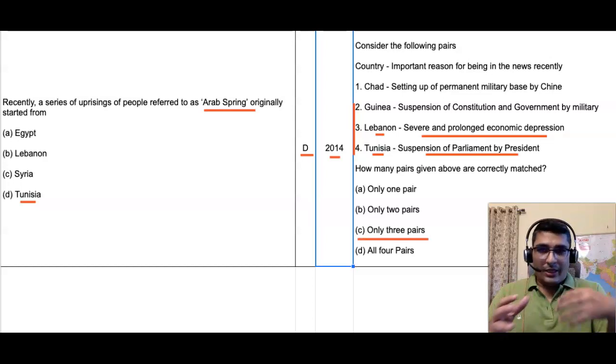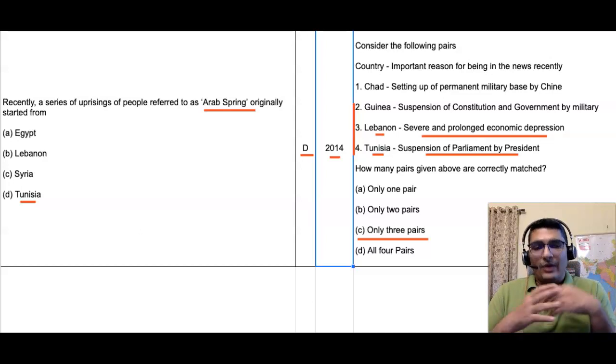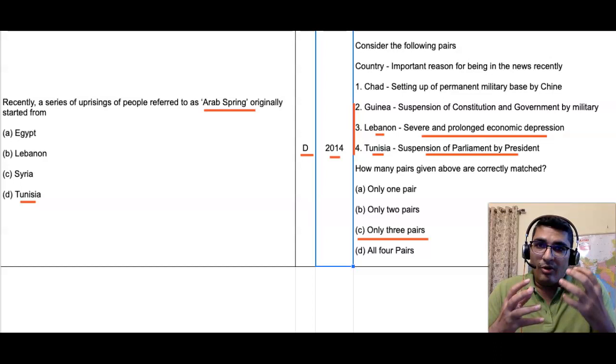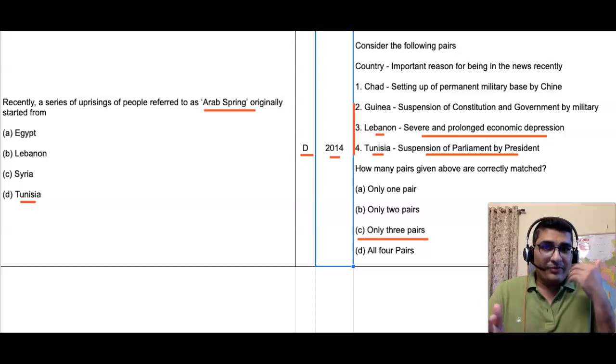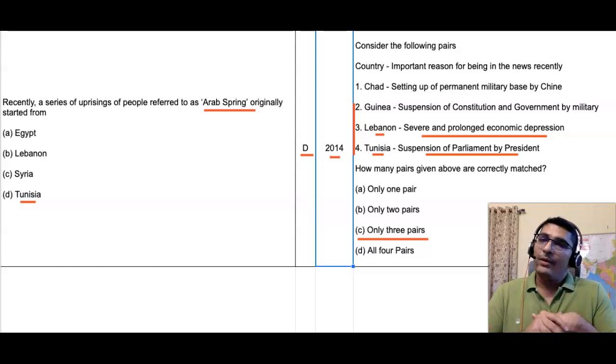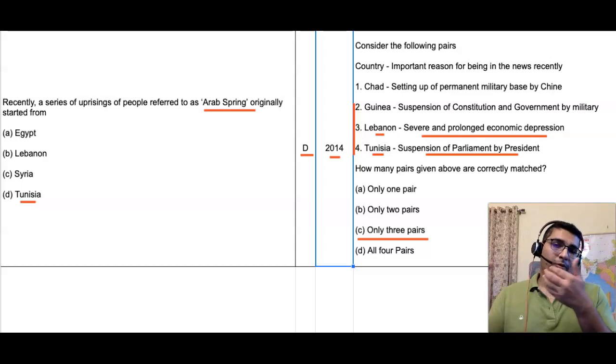So I told you, you require experience, you require knowledge, you require some form of confidence, also some form of risk appetite to take on these questions through elimination. But normally, as we discussed in the previous question also, the Catalonia Spain question, it generally requires some form of hardcore knowledge to solve. PYQs remain important, guys. This question also was anticipated.